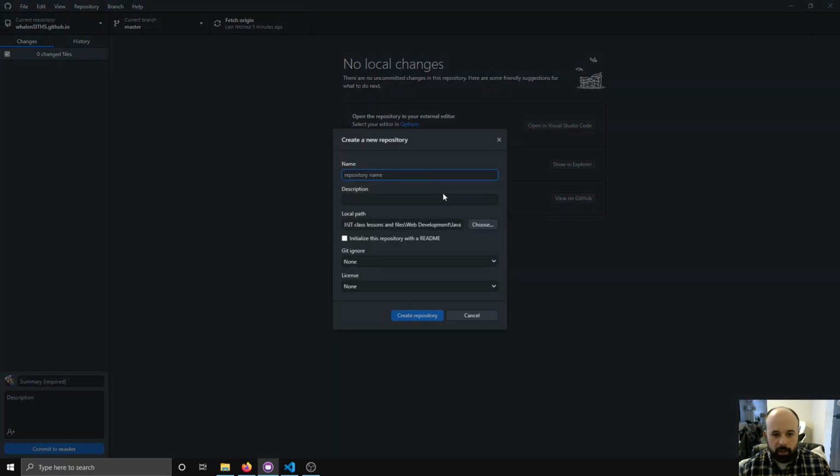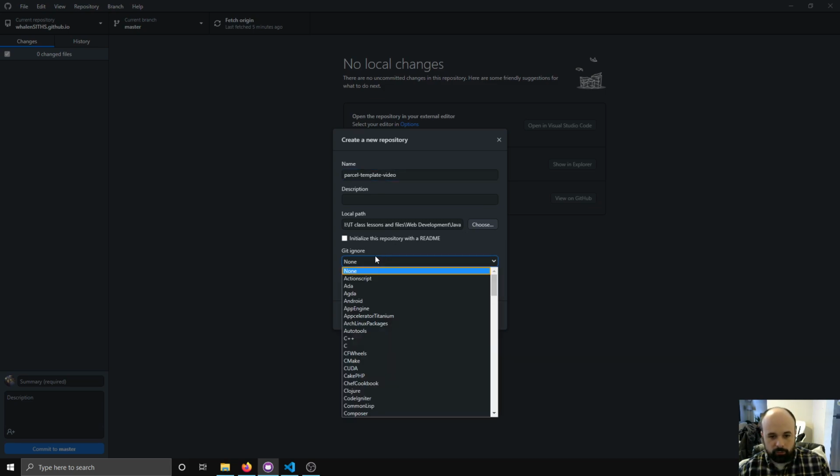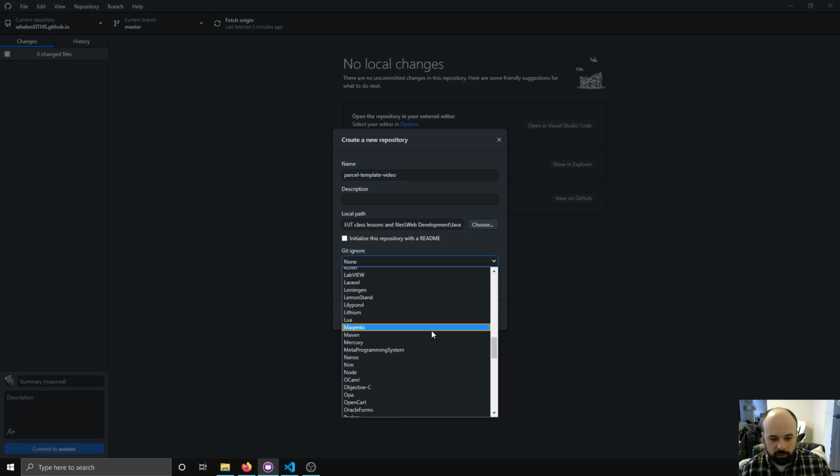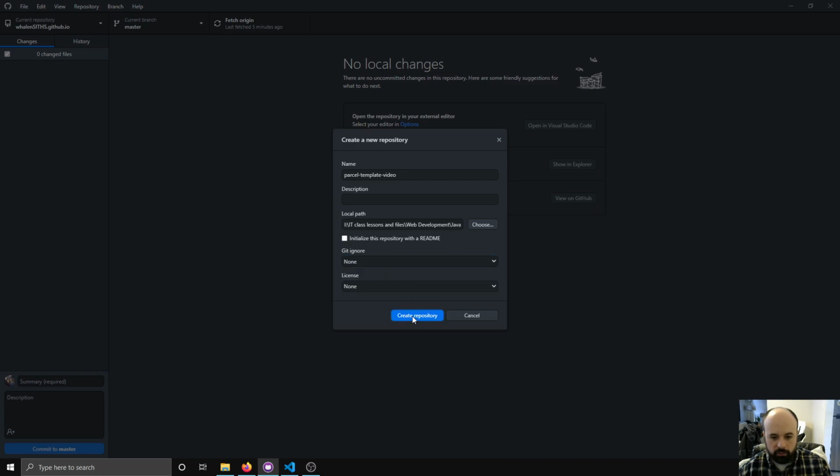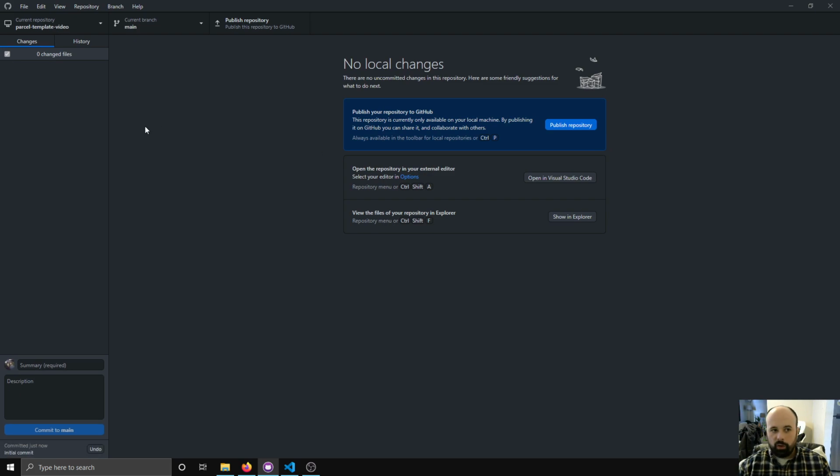I'm actually going to call mine parcel-template-video because I'm making the video on this. JavaScript folder for me is okay. And the reason I want to actually create a .gitignore for JavaScript here, we can just do that afterwards. Create repository. And the reason why I'm not calling this, we're actually going to be building a project called Object